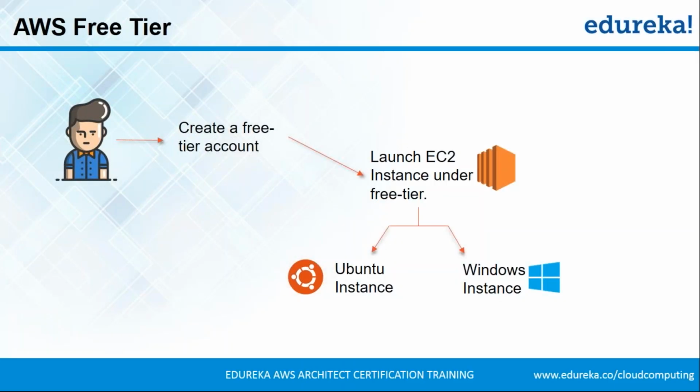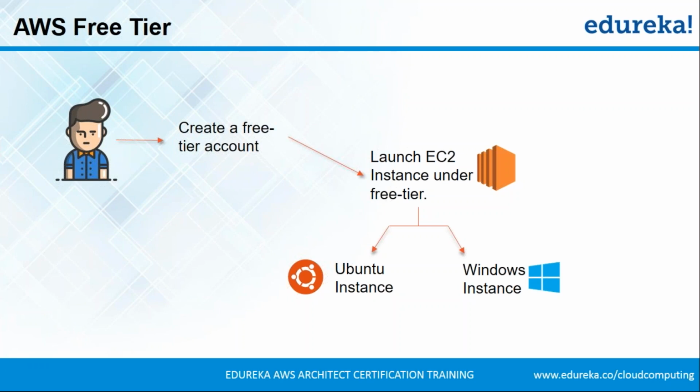So now we have learned about all the free tiers and the non-expiring free tier, right? Let's now move ahead and perform a demo. So let's look at what we are going to do. First up, I'll teach you guys how to create an AWS account. If you'll be creating an AWS account, obviously you'll have the free tier activated in it. And then we will launch EC2 instances using that free tier account.